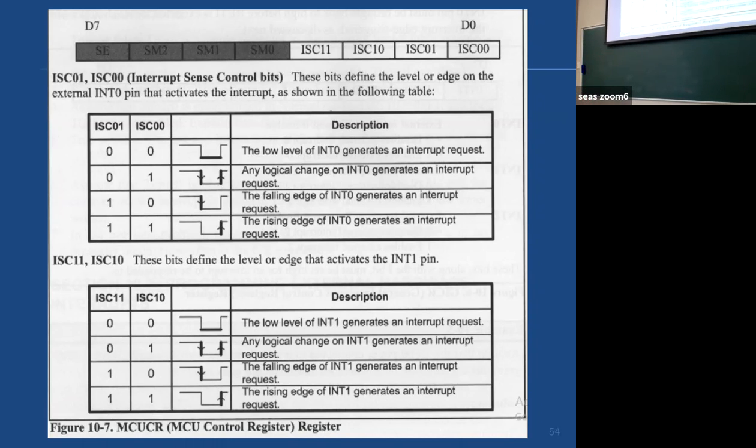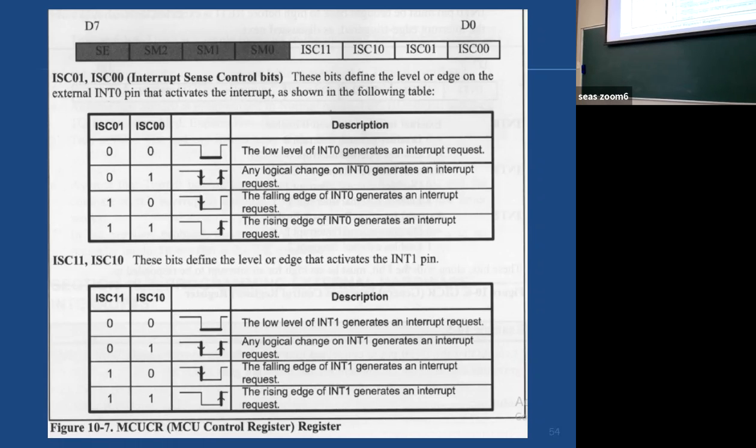ISC00, ISC01. These 2 bits will define how you want interrupt 0. And similarly, we have another 2 bits, ISC10 and ISC11, that will define how you want external hardware interrupt 1.